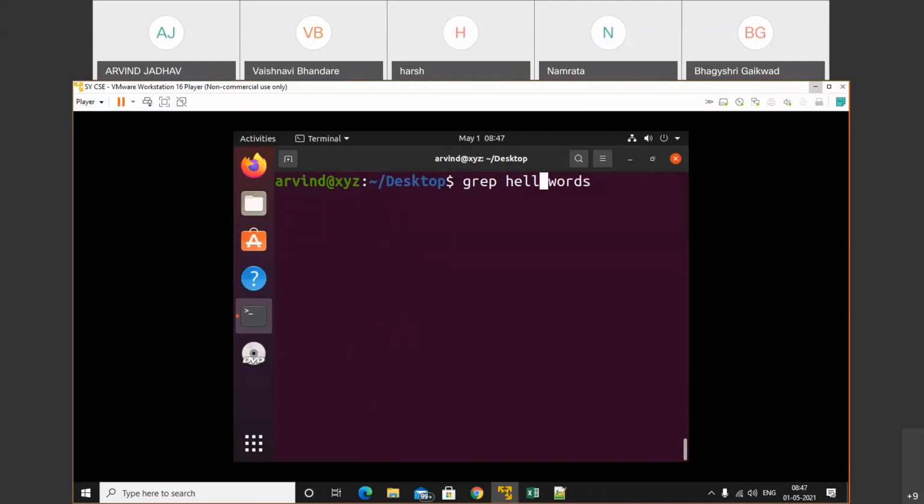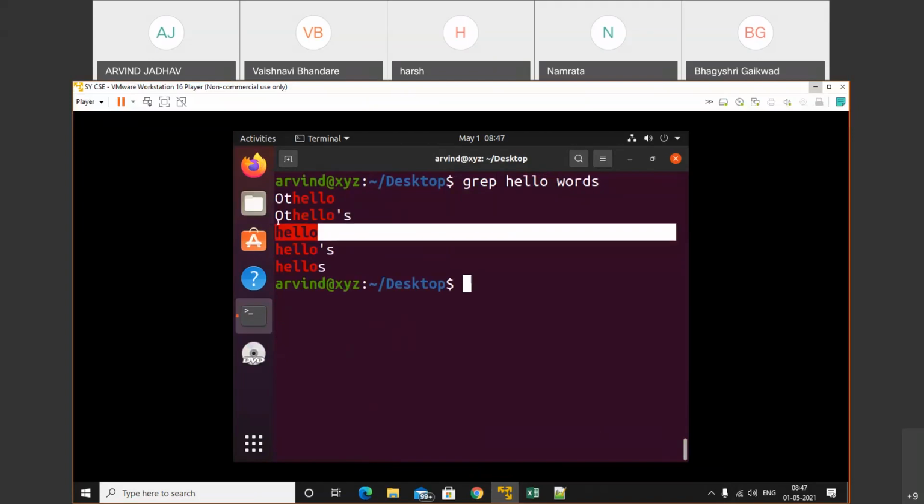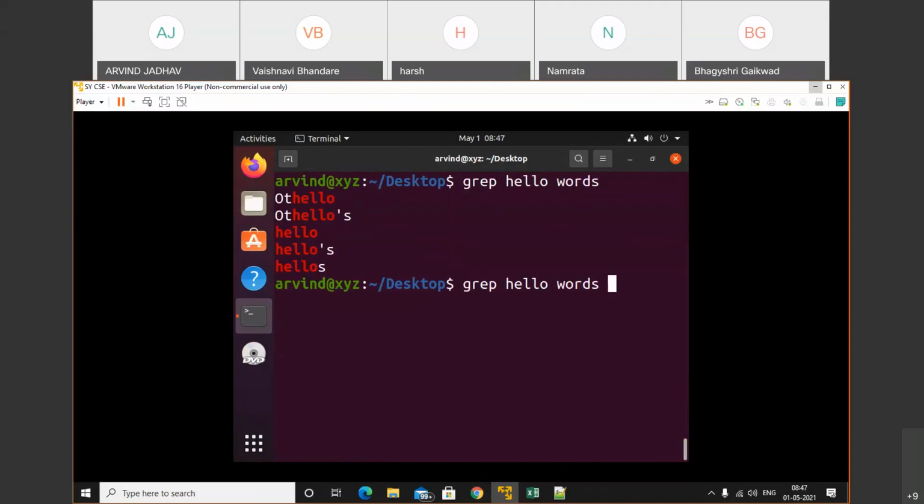We'll check that. See, the dictionary has words like hello, hellos, and so on. And if we want to check how many words have the same string, the same expression, just use a pipe and type wc. We'll get the count of that word. So we get 5 words.